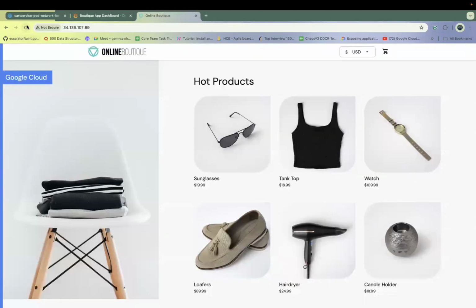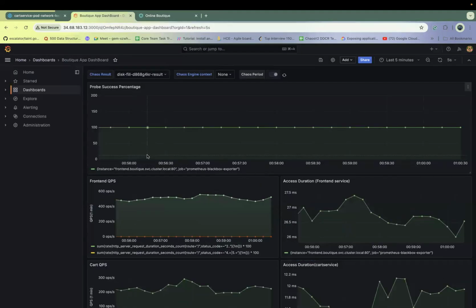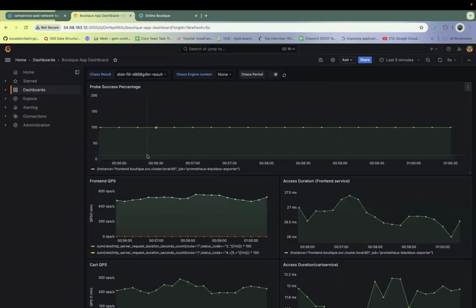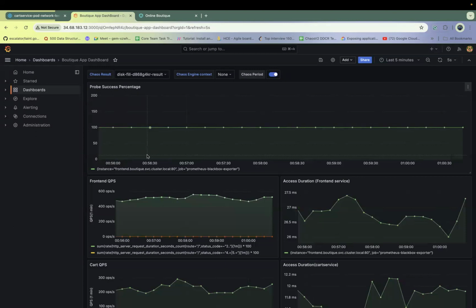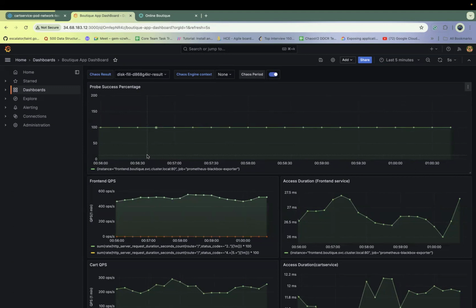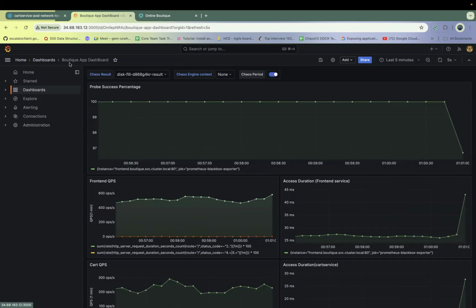While the experiment is running, we can try to load this website. There is no network loss or latency in this website right now. And we have a Grafana dashboard as well, where we are monitoring the different metrics. We have a probe success percentage, since the front end application has a liveness probe, so it is checking the liveness of the application, which is 100% right now. And we have QPS, queries per second, and we have an access duration as well for the front end and other microservices,